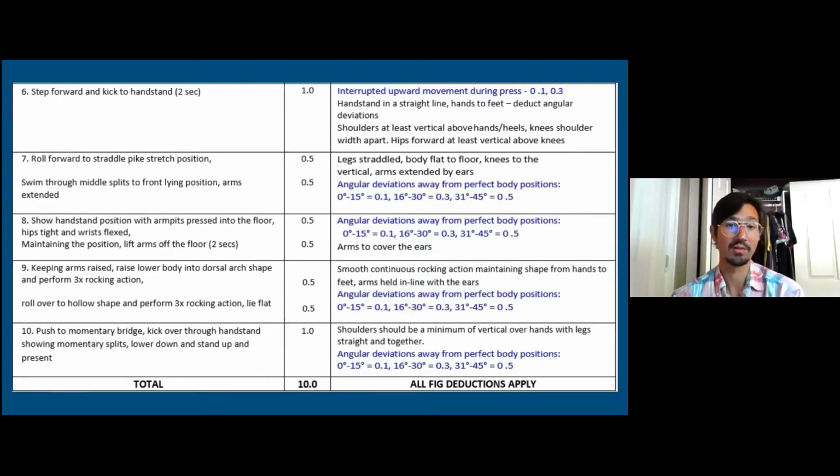Forward roll, same thing, hold time for the pike and middle split. Or yeah, they can hold the pike and middle splits. They must show a stop in the pike. Middle splits, they just need to show that they're going fully through that. Head and shoulders on the ground when they lift their arms. The rocks are the same. And then for the bridge and the kickover,